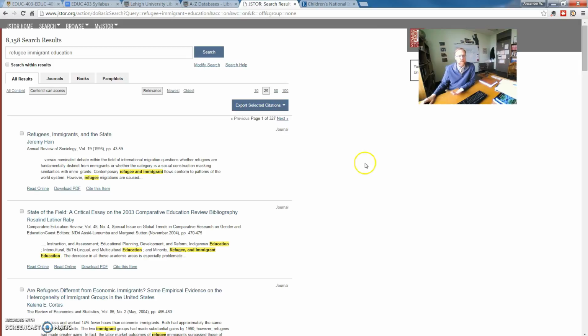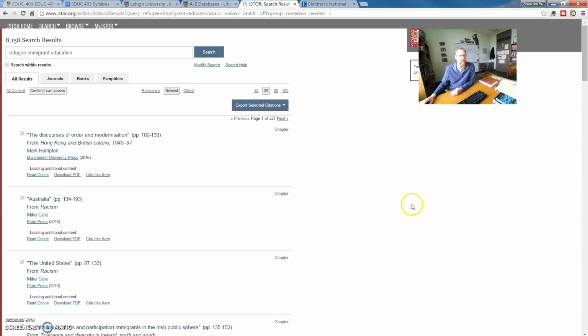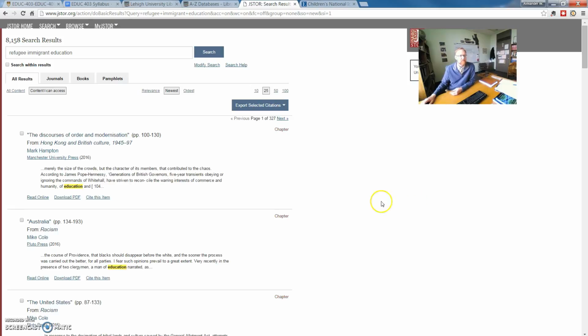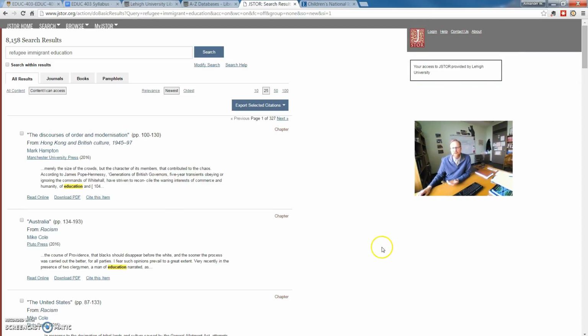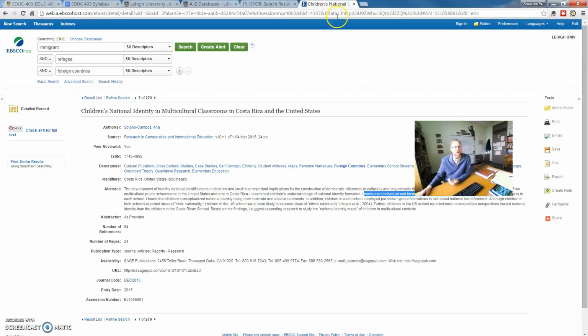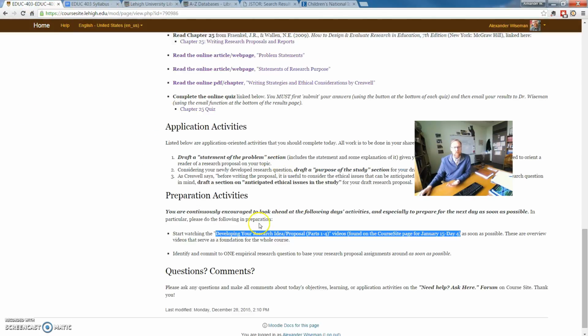I can also sort this differently. I could sort it by the newest rather than the most relevant. Not sure that was helpful. But there are different ways that you can look. I find that JSTOR sometimes is a really good place to look. In this case, it looked like Eric was the better bet. But you play around with those and find the one that works best for you,